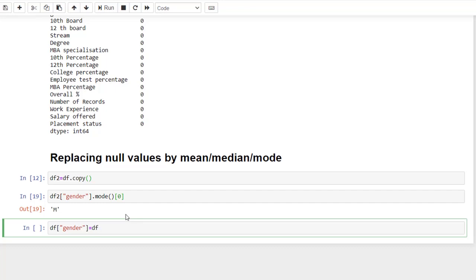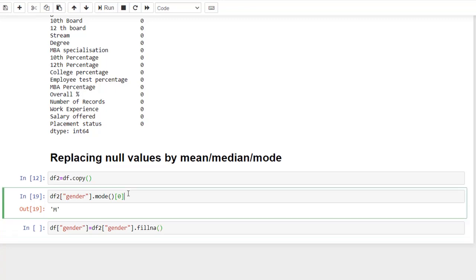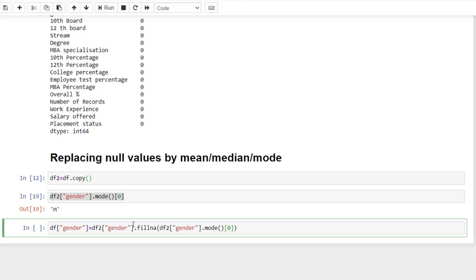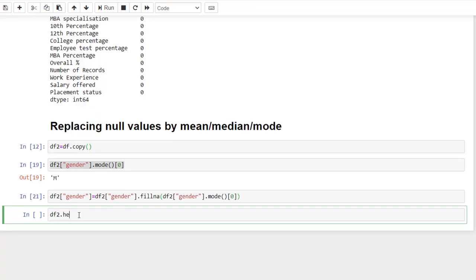So df2['gender'].fillna(). This fillna() function will fill the missing values using the values mentioned within the function. I am going to use the mode function. Now the missing values in gender will be replaced by the mode of this column.